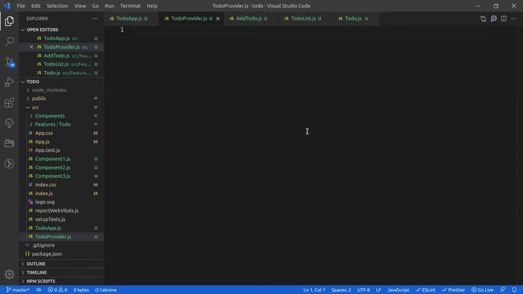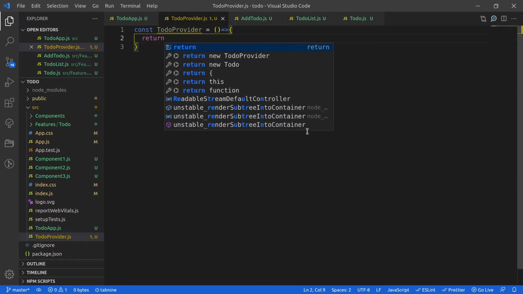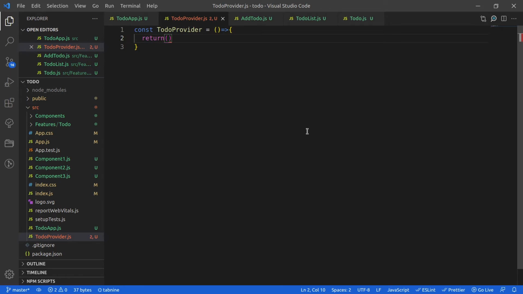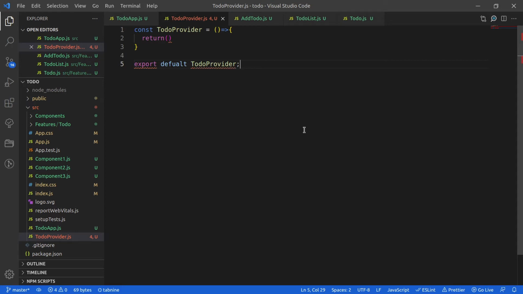So here what I'm going to do is const todoProvider is equal to, oops, return, export default todoProvider. Okay, it is giving the error because it is expecting the values now.